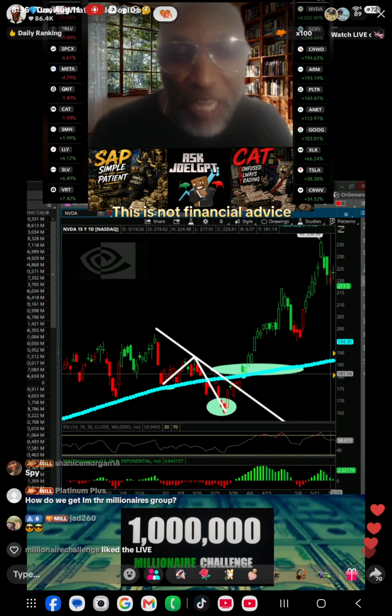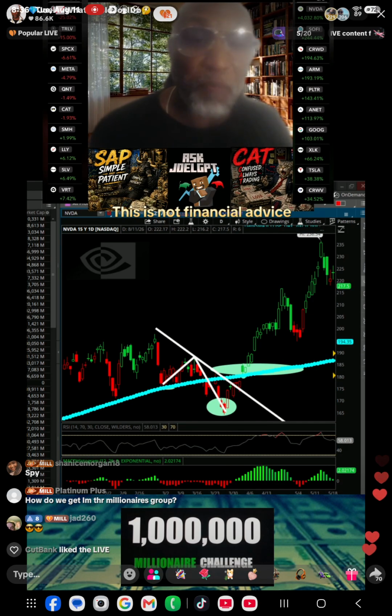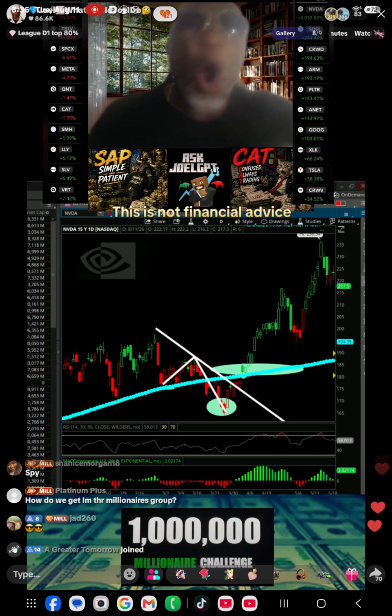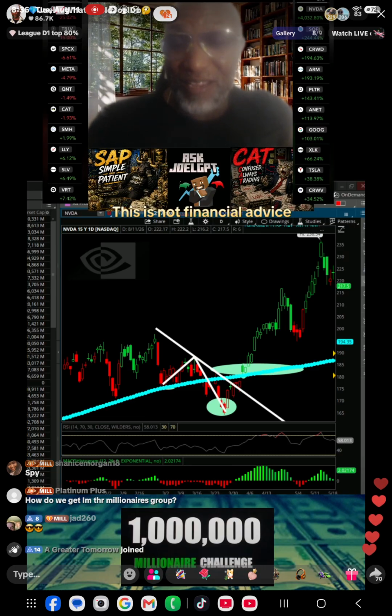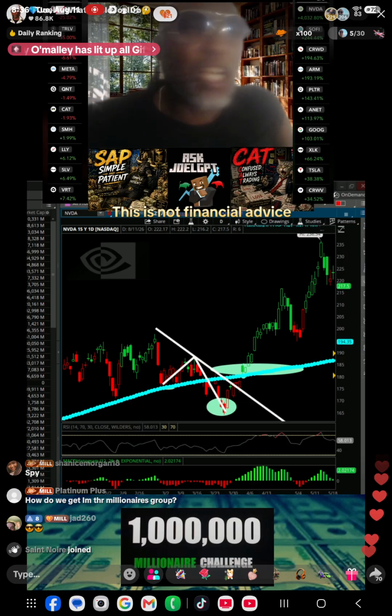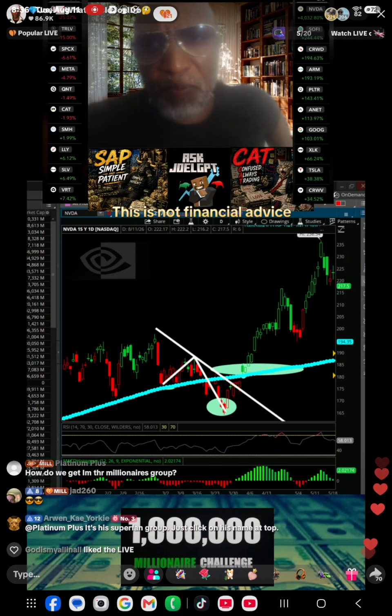And the reason why we're getting in right here is because we know the first people that NVIDIA is going to attack is the people that are short. And we're hoping and praying that they start doubling, tripling down. They're going to double and triple down on this short. Margin calls are going to happen.